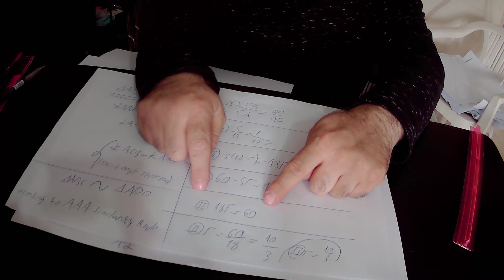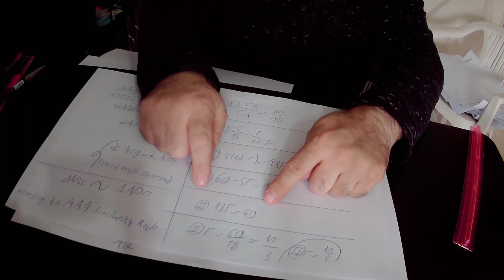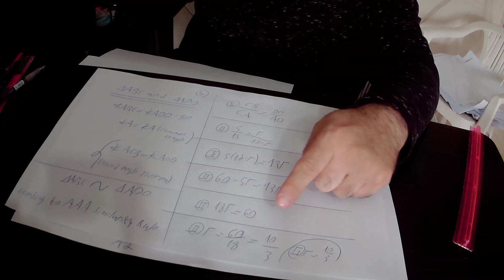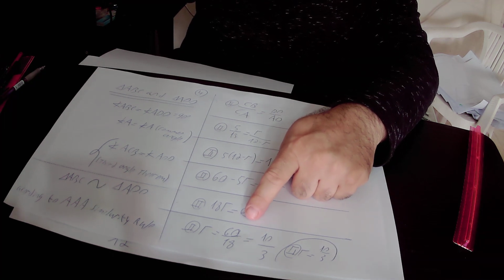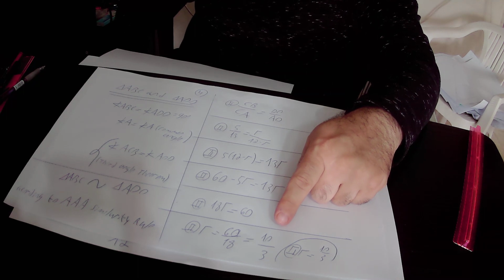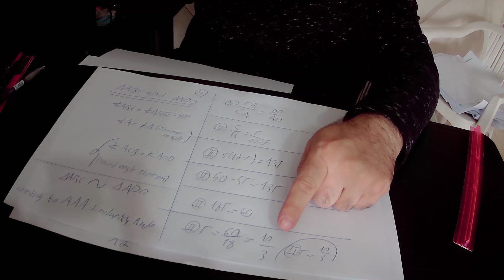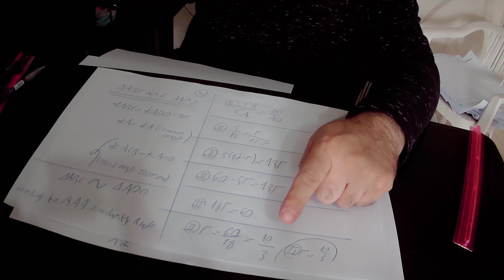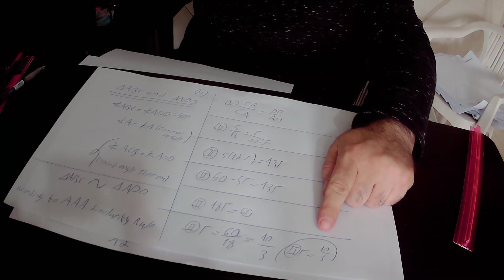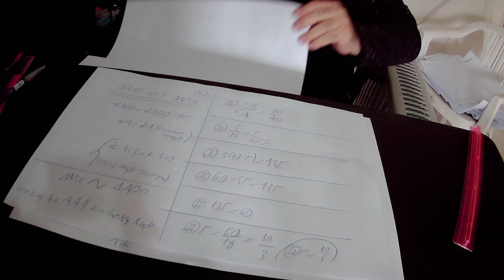We divided this equation by 18, and we got that the radius of the semicircle equals 60 over 18. We divided both the numerator and the denominator of this number by 6, and we got that 60 over 6 is 10, and 18 over 6 is 3. So in conclusion, we got that the radius of the semicircle equals 10 over 3 units, and therefore the